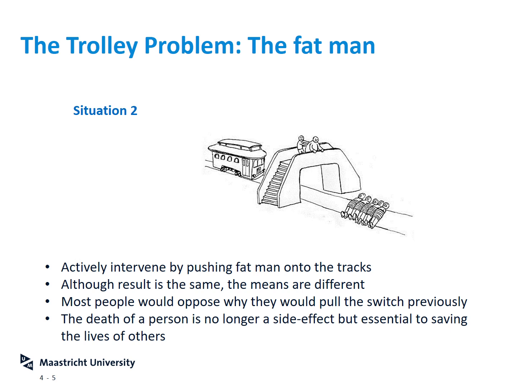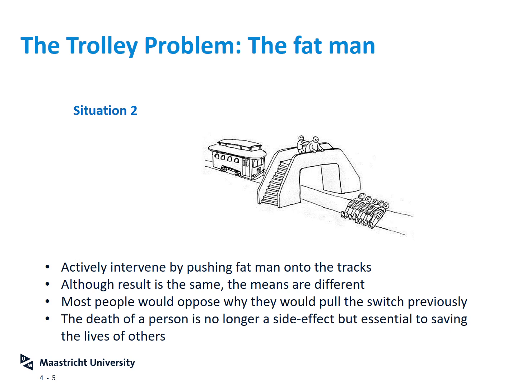Now, people that adhere to utilitarianism, which are usually most people in the previous trolley problem, would no longer do that because although the result is the same, I push this guy onto the tracks and I save 5 people by sacrificing one. Now people would be less inclined to do so because they feel like they're now actively killing the person by pushing it on the tracks. The result is the same, the means are different. Most people would oppose now while they would